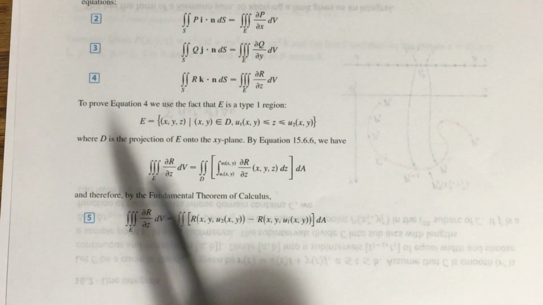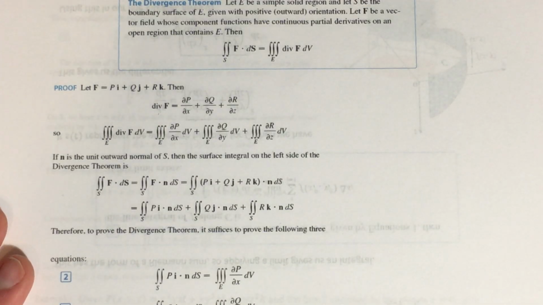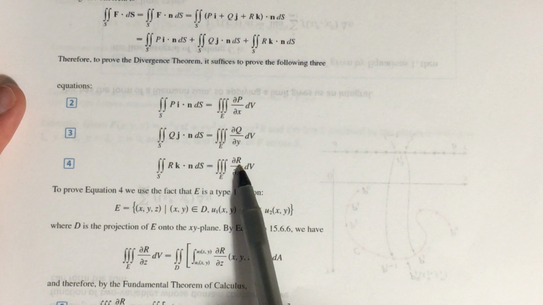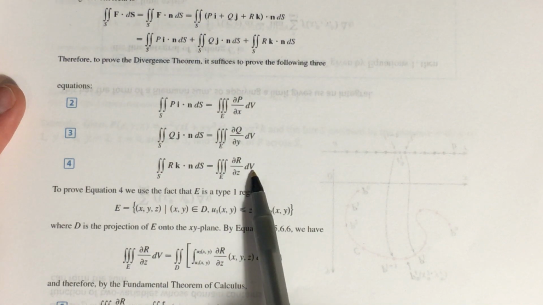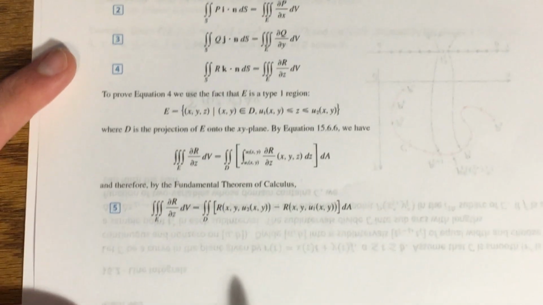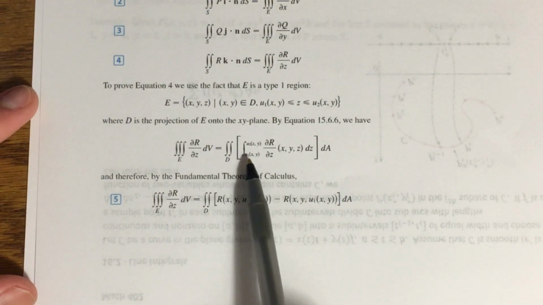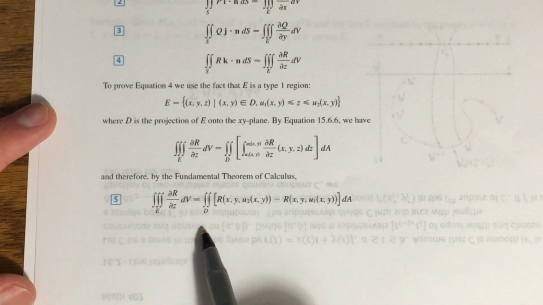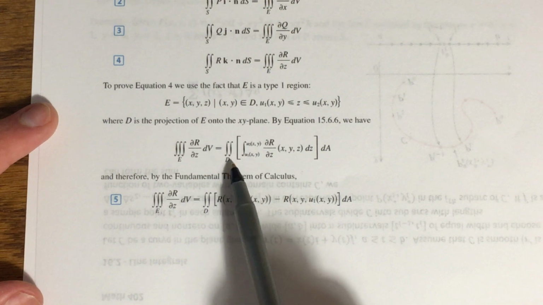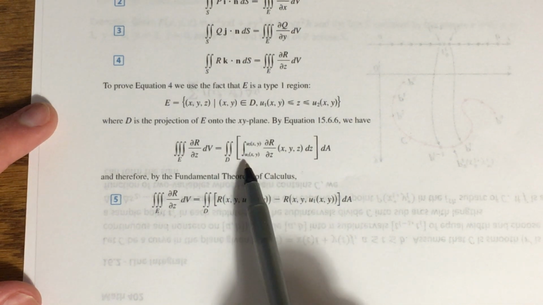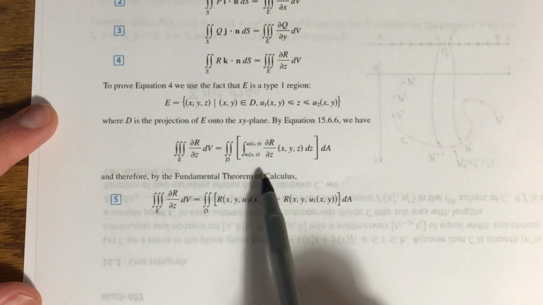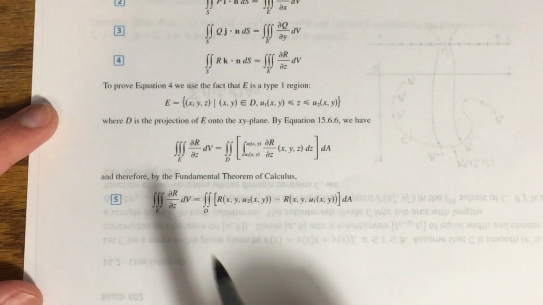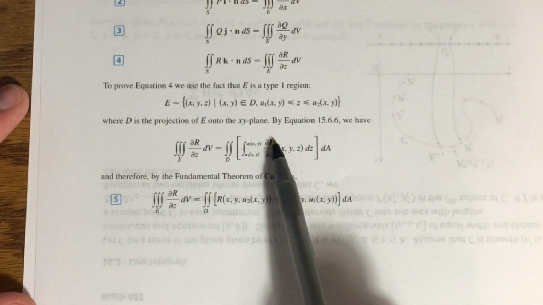want to find the triple integral, and remember, this is the triple integral that we're talking about, the triple integral of the partial of R with respect to z dV. So I want to work on this guy right now. Using my representation of E as a type 1 region, I can write this as the double integral over the plane region D that's described here of the definite integral from U1 to U2, these two functions of x and y up here, of the partial of R with respect to